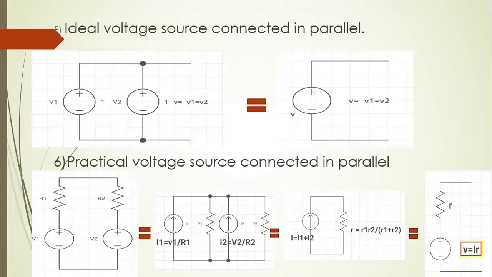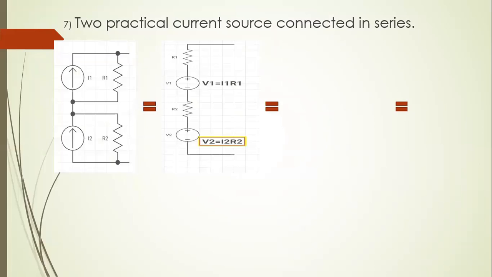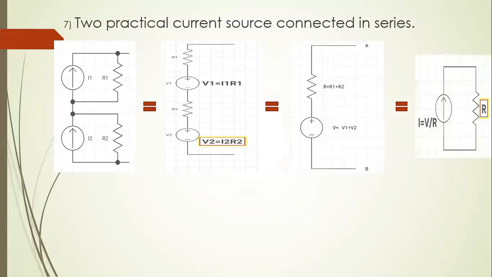Next, to connect it together in series, either of the same value or with different values, the option is to convert the current source to a voltage source. So again, the two voltage sources in series, we will transform to a single voltage source. That again, the single voltage source and a resistance is converted to a single current source and a resistance in parallel with it.